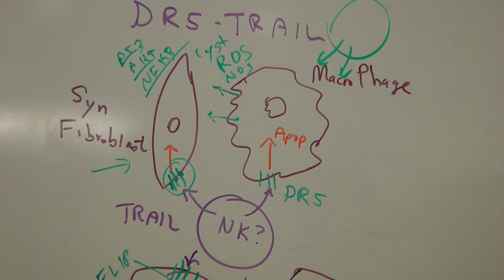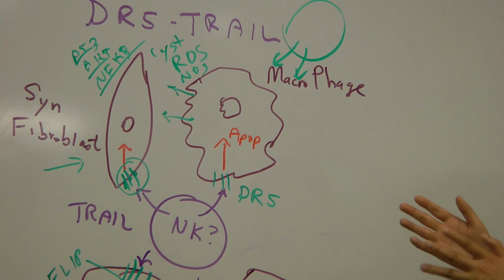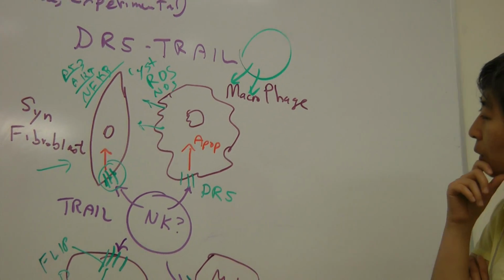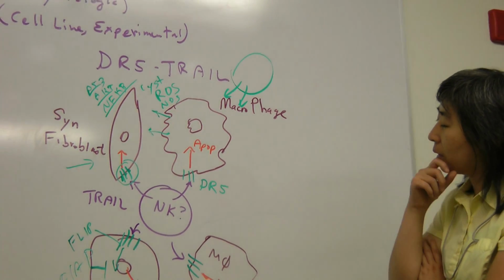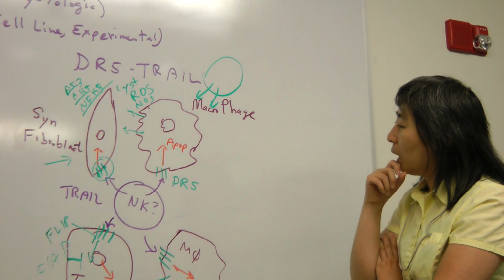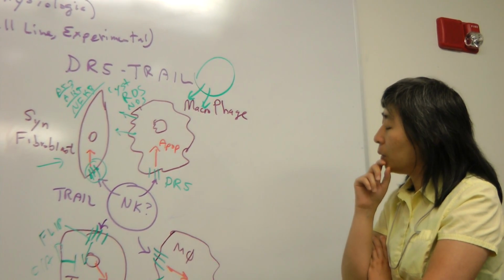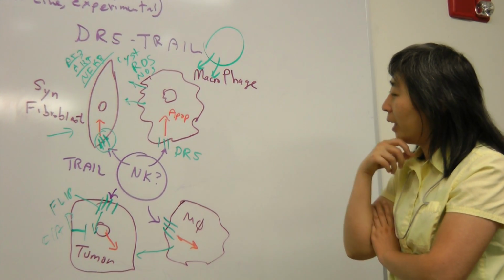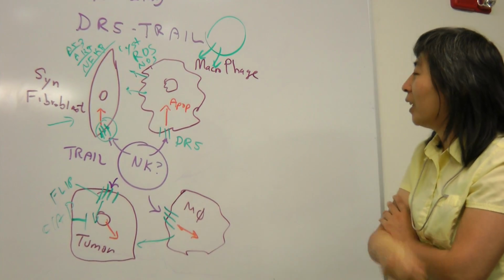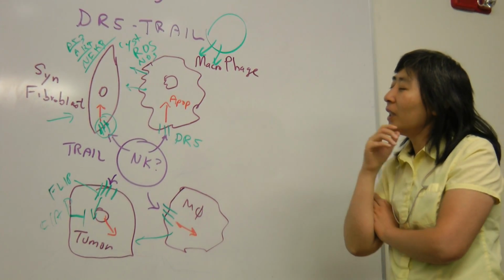So maybe there's some difference between RA and tumor cells, and the NK cell may not be producing TRAIL to do its killing function. So these are the new things I can